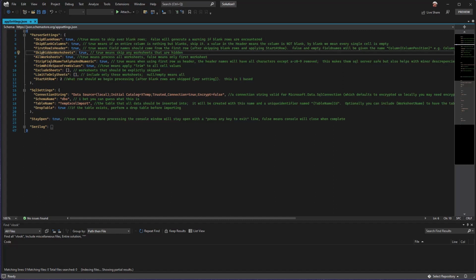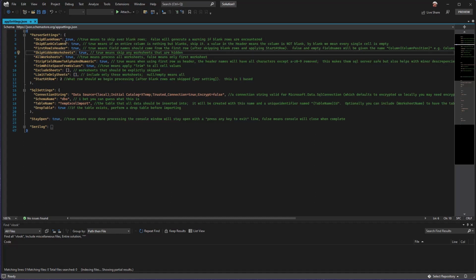All worksheets, this would just say, I want you to get all the worksheets. Otherwise, if you say false, it's only going to get the first one. Old school Excel, when you would create a document, it would always have sheet 1, 2, and 3, and people would only put data in sheet 1, and then you'd have 2 empty sheets. So, if you're dealing with that kind of workbook, you could just turn that to false, and it'd only get